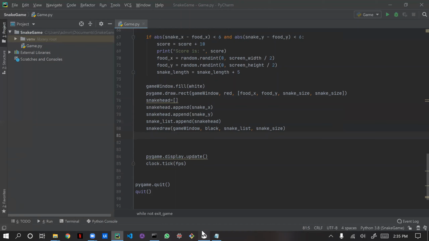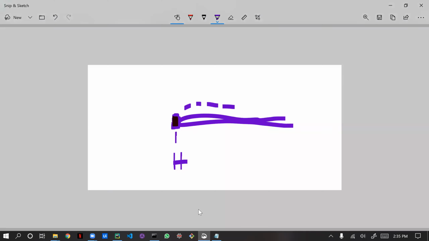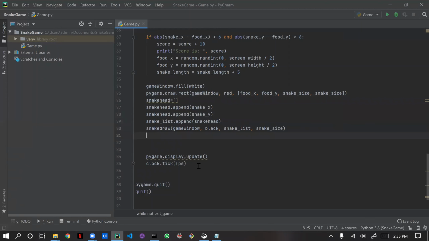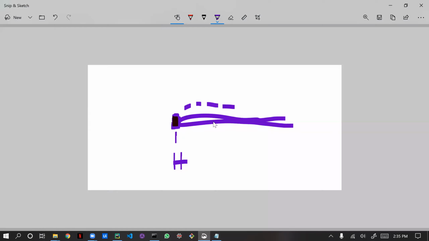Before incrementing, you guys saw, right? The snake keeps on growing without stopping. In a normal snake game, if it is growing in front, it will be deleting in the backside. See, if this is a snake,